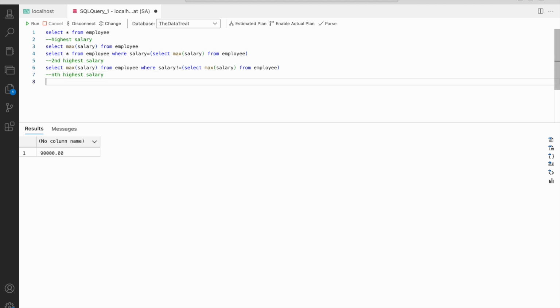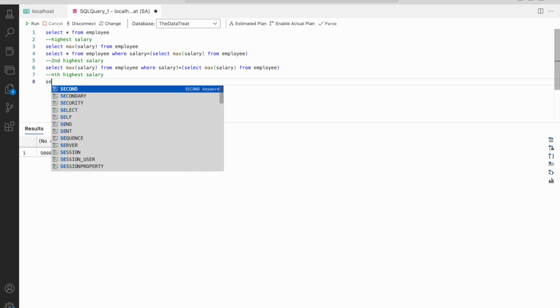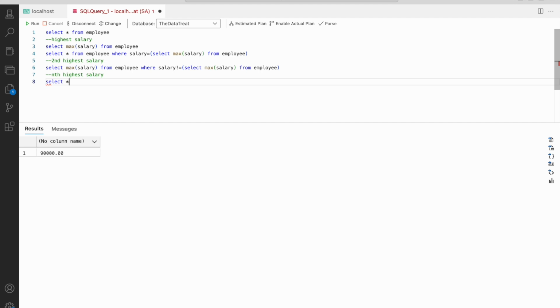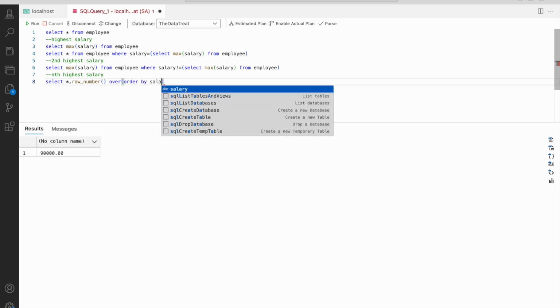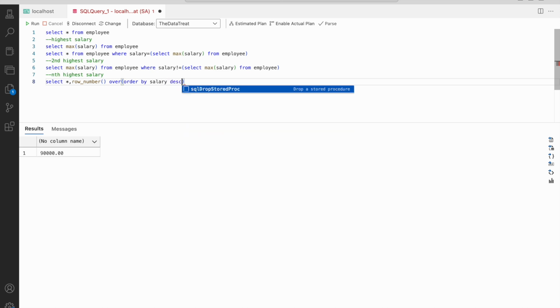Let's write select star comma, and we'll use one of the window functions called row number here. So row number over order by salary descending. I'll give an alias for this one and say from employee.